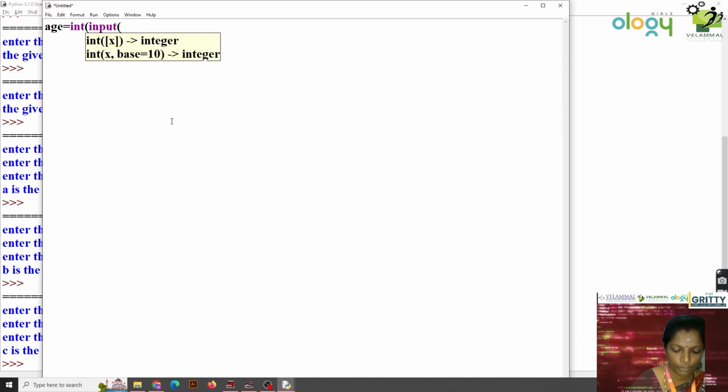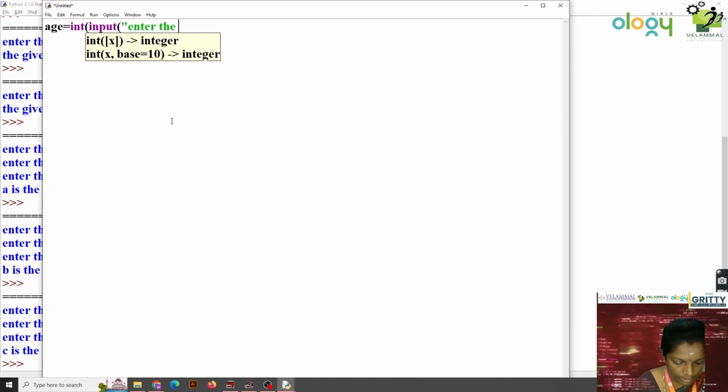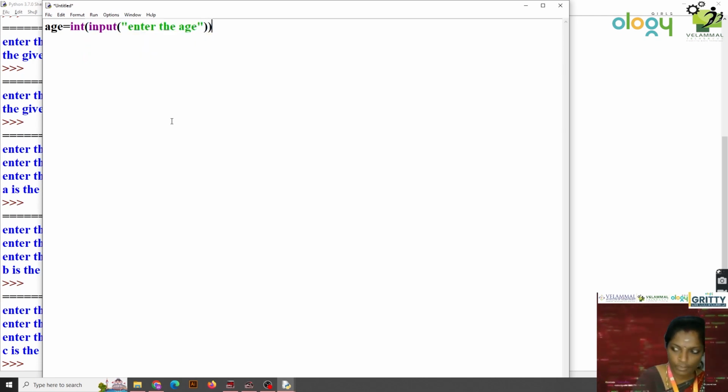Before that I am supposed to enter the age. Right, two brackets are open over here. Let me add another condition: if age is less than or equal to 12. If this is going to be true, it will get into the print statement. Here let me print